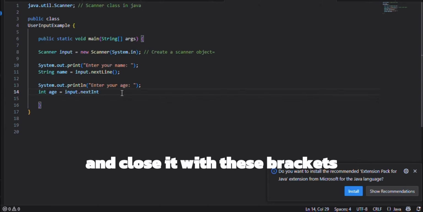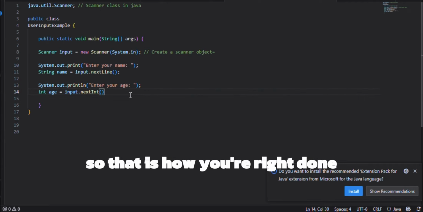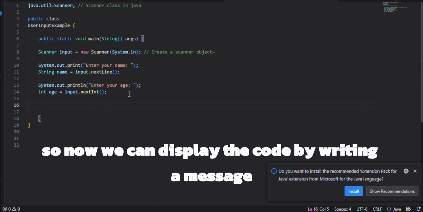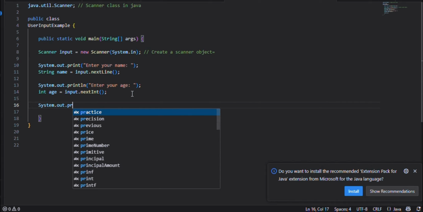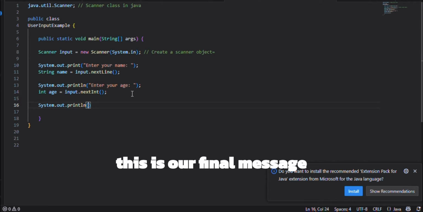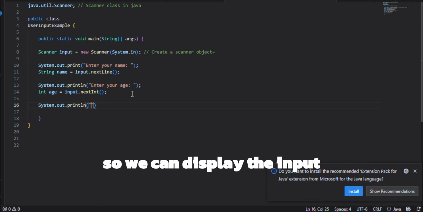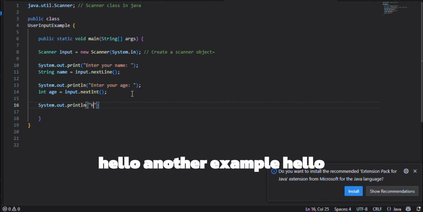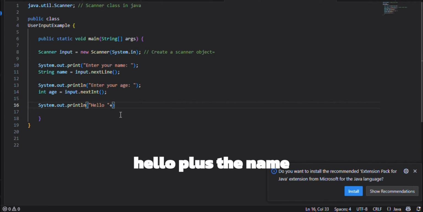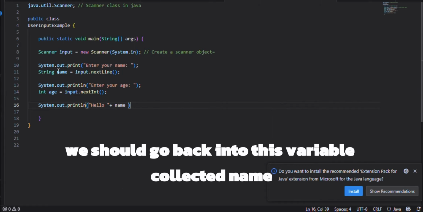and close it with these brackets. So that is how you write that. Now we can display the result by writing a message like this, System.out.println. This is our final message. We can write hello, plus the name, which goes back into the variable collected,